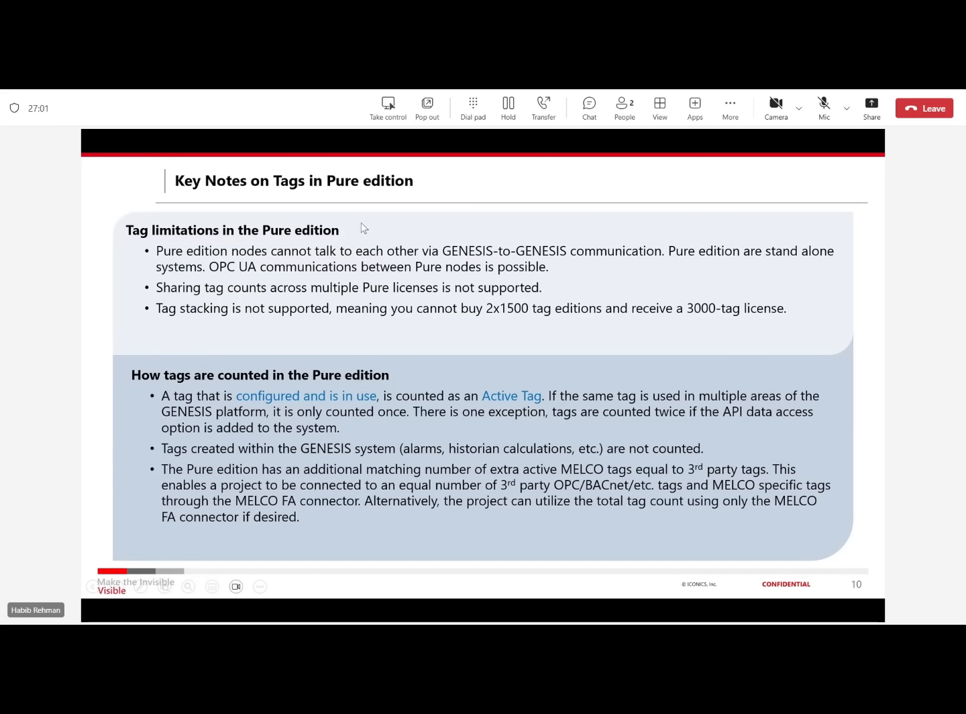Some additional notes on those additions. Tag limitation in Pure Edition. So that's where the tag counts are. Pure Edition nodes cannot talk to each other, as I mentioned, that you can't have two nodes and do Genesis communication. But if you want to have two systems or two machines on a plant floor, you can still use OPC UA communication between those nodes, but you can't have frameworks to frameworks, what we used to do in the previous version. Tag sharing is not possible, and you cannot stack more